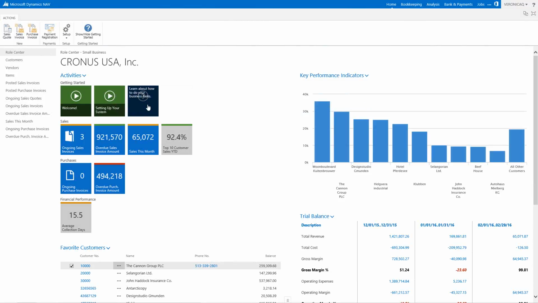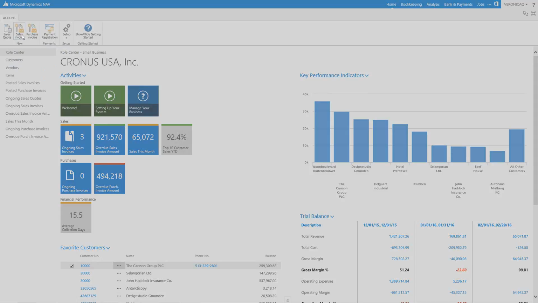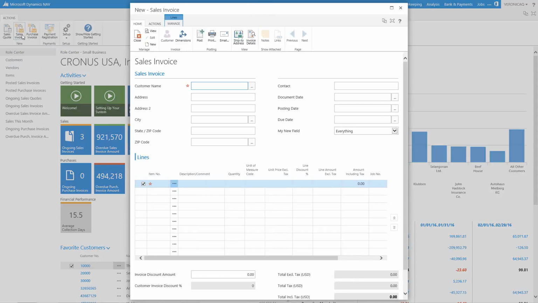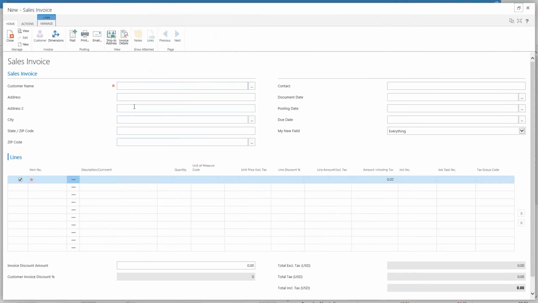Now, there are different processes in this small business profile in Dynamics NAV. So let's go ahead and actually do a sales invoice, and let's do this for a new customer. So you notice when I open up the sales invoice in this profile, it doesn't show me an invoice number at this time. It prompts me for a customer name. So I'm going to put a new customer here,